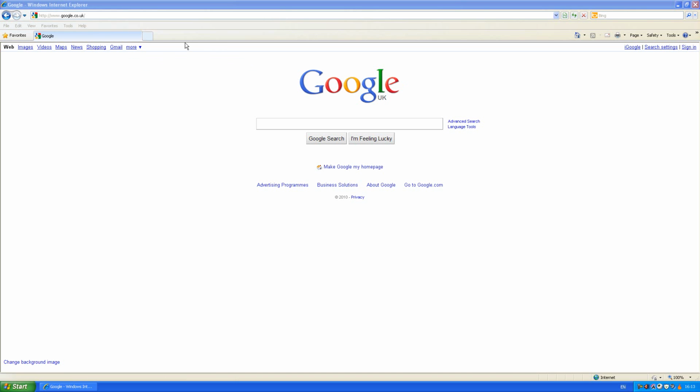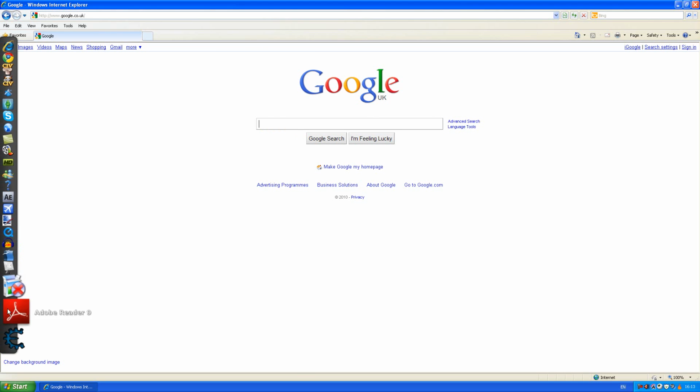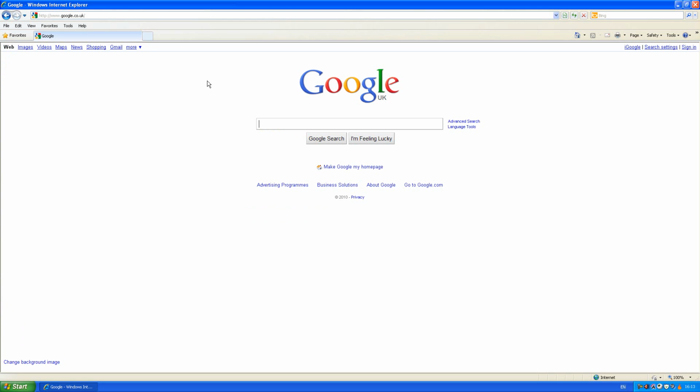Now I'd recommend getting Internet Explorer, since Cheat Engine works best on this, or get Mozilla Firefox, which is also good for Cheat Engine. I really don't recommend getting Google Chrome for this, because Cheat Engine doesn't really like Google Chrome. So if you want to download Internet Explorer or Mozilla Firefox, then just type it into Google and then it should just download. And I also recommend getting the newest Cheat Engine here, and to do that all you